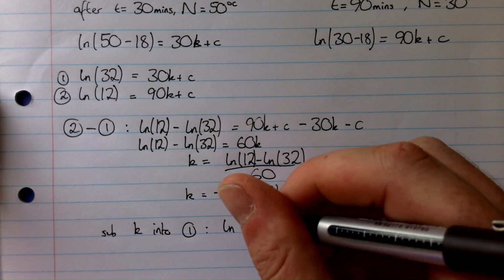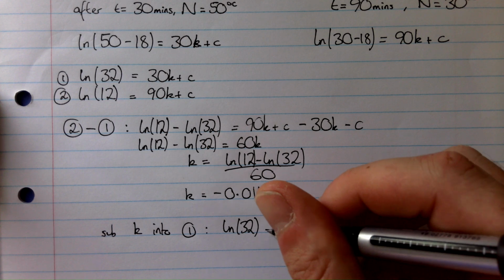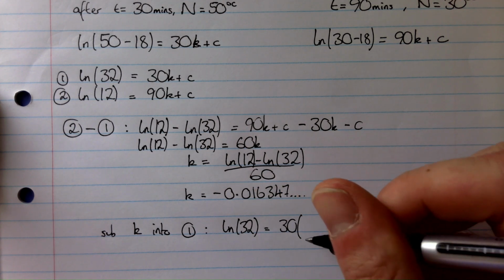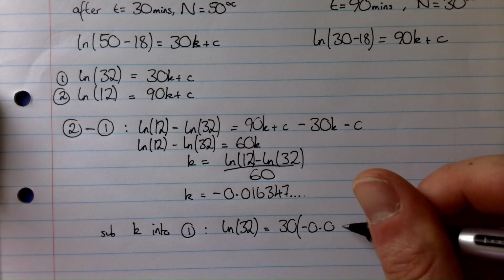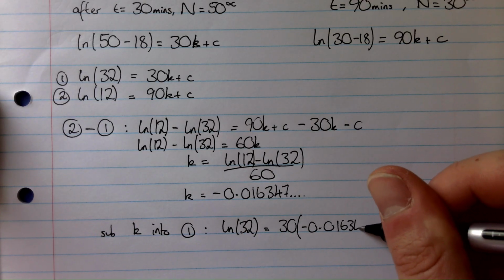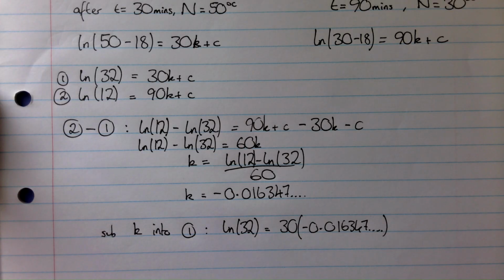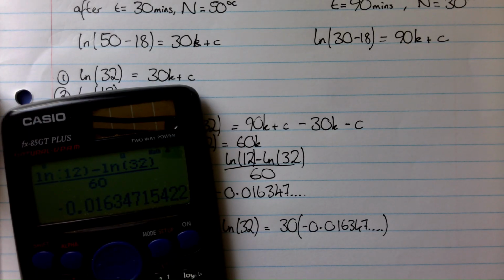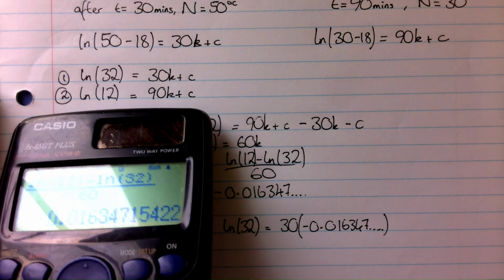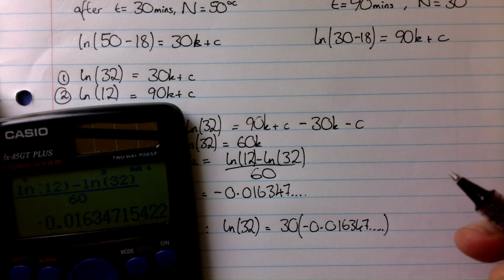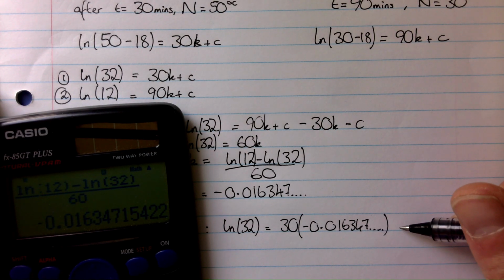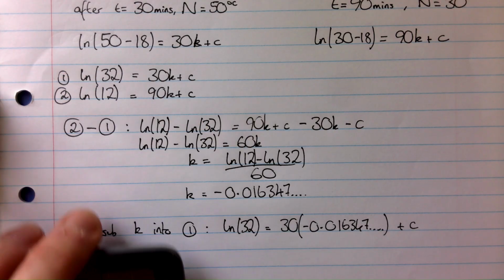I have the ln of 32 is equal to 30 lots of minus 0.016347. Always use your unrounded number. I've left mine in my calculator to save having to type it out. I suggest you always do the same until you finish a question. Plus c. Therefore,